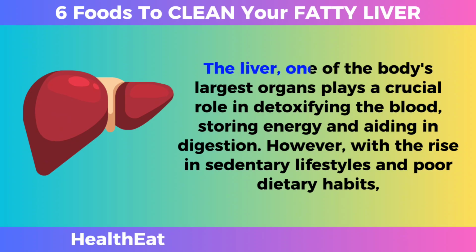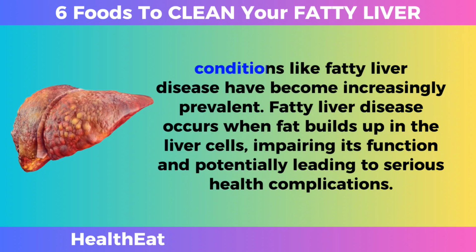The liver, one of the body's largest organs, plays a crucial role in detoxifying the blood, storing energy, and aiding in digestion. However, with the rise in sedentary lifestyles and poor dietary habits, conditions like fatty liver disease have become increasingly prevalent. Fatty liver disease occurs when fat builds up in the liver cells, impairing its function, and potentially leading